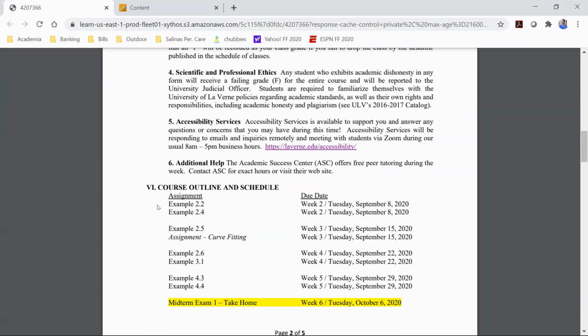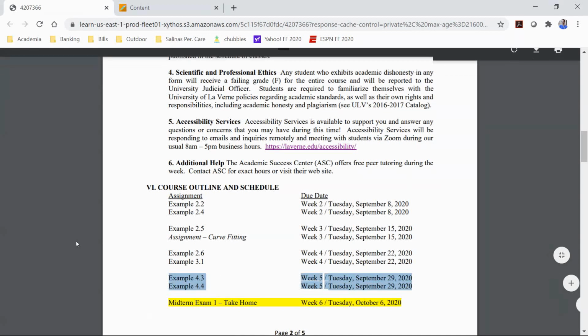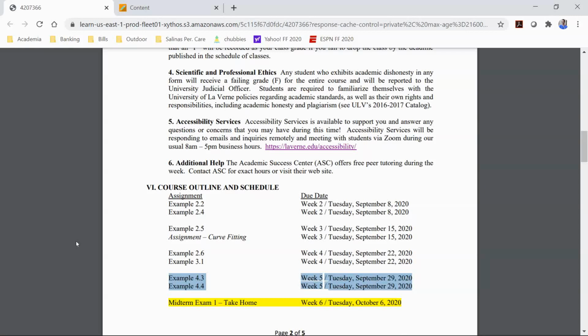So we finished up these 2 exercises last week. Example 4.3 and 4.4. Those are due today, and I'll get your grades updated on the rest of the assignments later this week. And then we're going to do a review session for the midterm today, and then after we're done with that, assuming we finish it today, and so this week I'll kind of go.